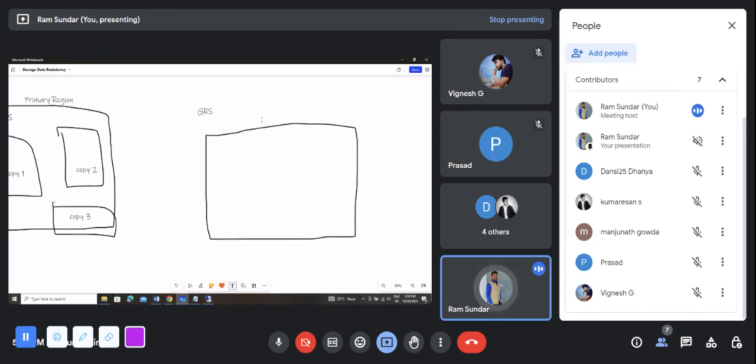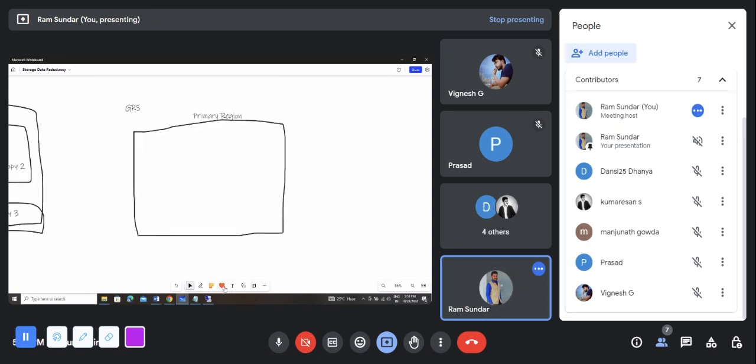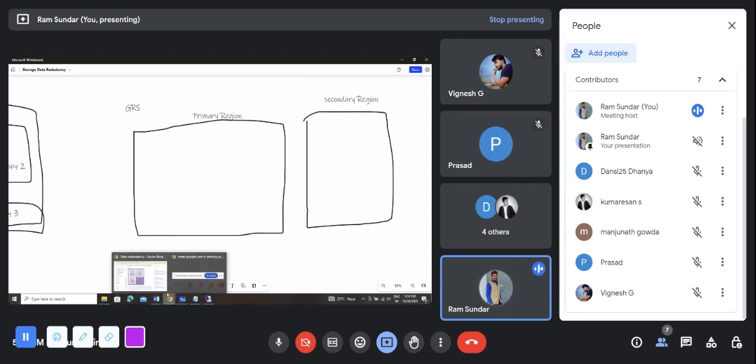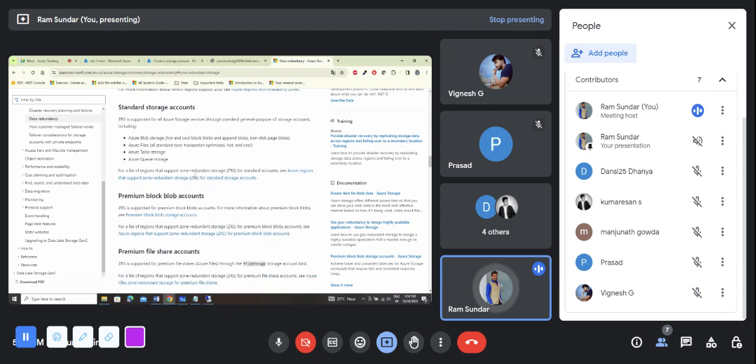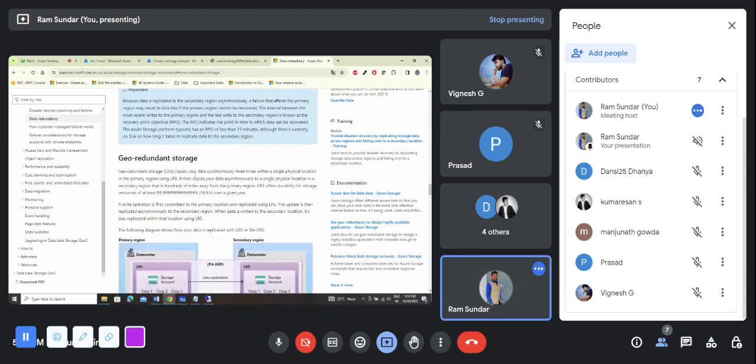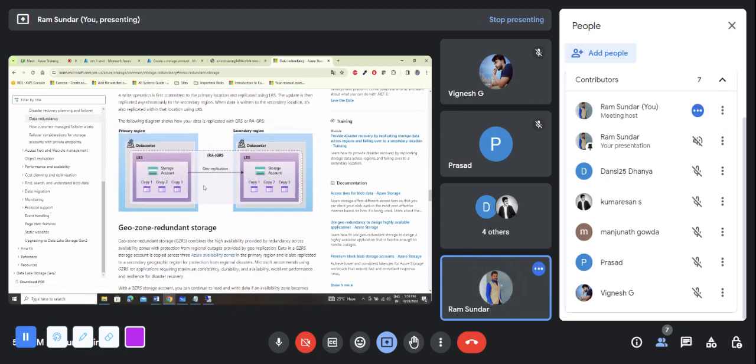So in the GRS, it happens across two regions: the primary region and then the secondary region. The GRS also behaves the same as LRS in the first region. Okay,